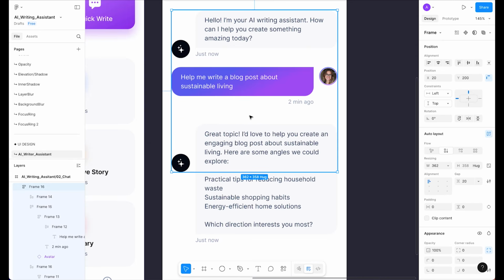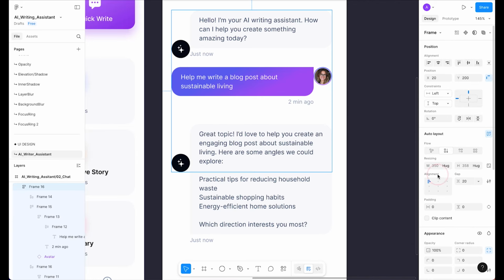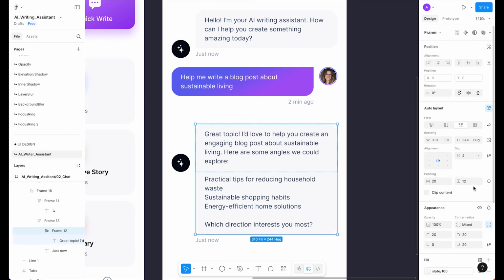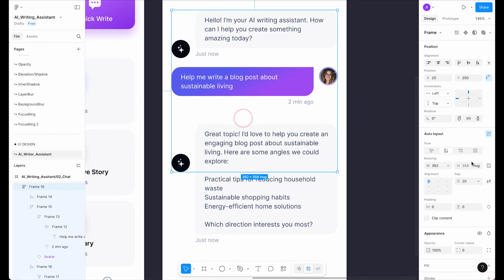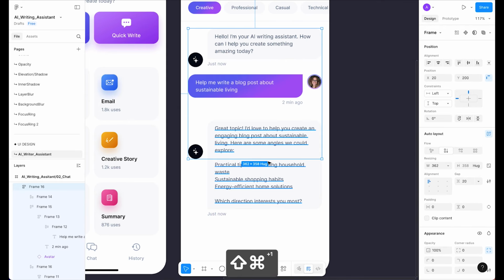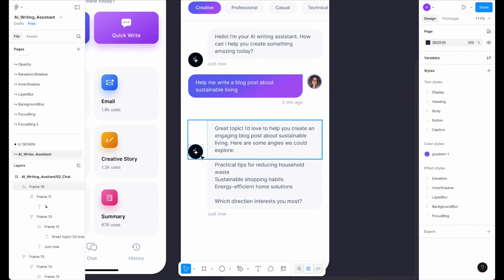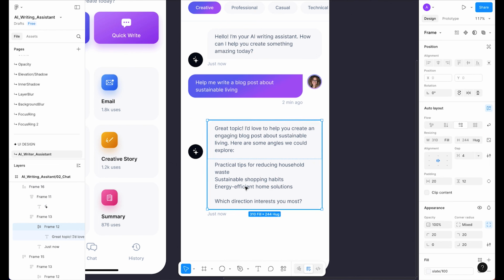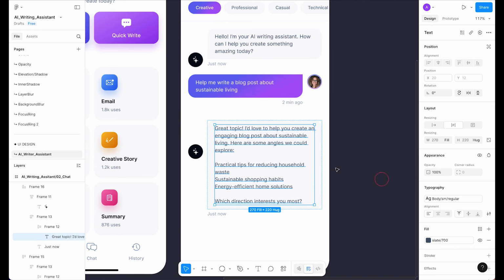Okay, so as we can see, now the frame is locked here, so make sure that width is also hug. Okay, no, we are not changing this text. Let's make sure that it is. And for this one, let's make it hug content. Okay, so I think this is the auto layout issue. Let's ungroup it. Okay, and make sure that this is hug content. This is going to be hug content,